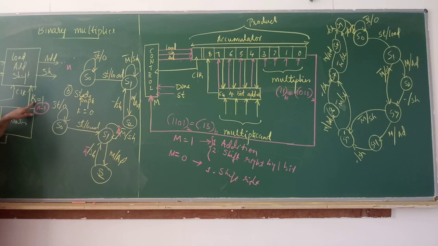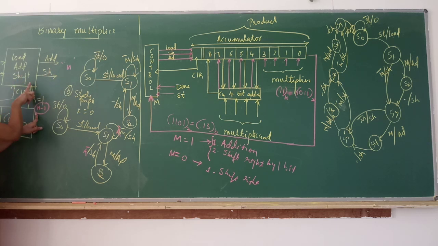Once this k signal is equal to 1, the final add and final shift signals will be given out if required. If m is 1, add and shift both. If m is 0, only shift. Try to understand: this k will be equal to 1 once n minus 1 shifts are completed. Finally, one more shift is pending now because n shifts should happen.